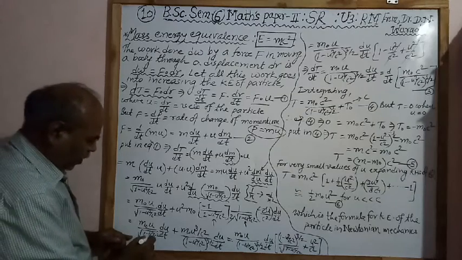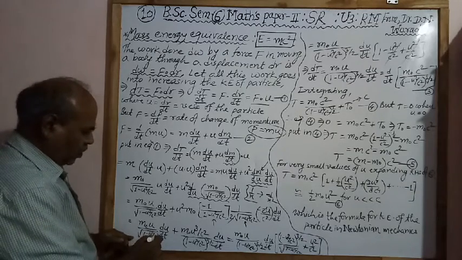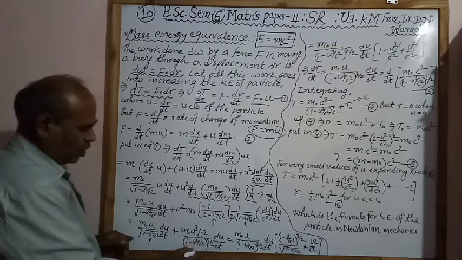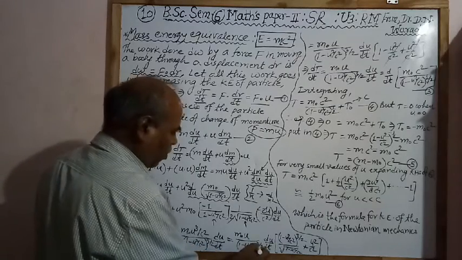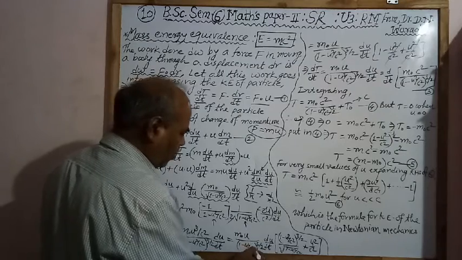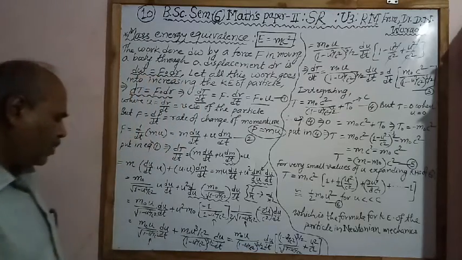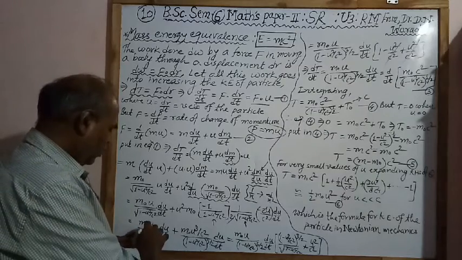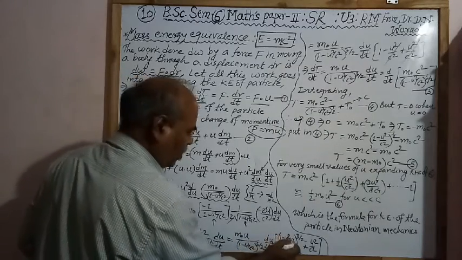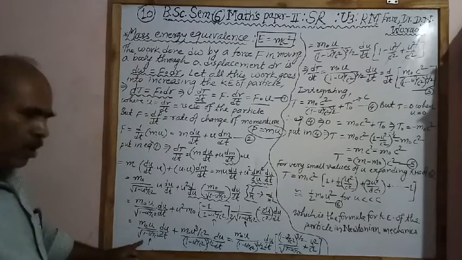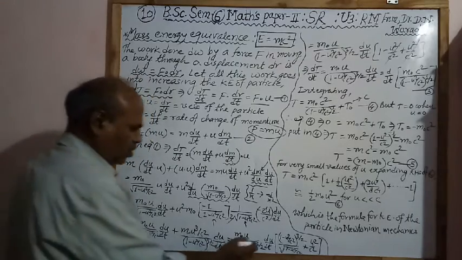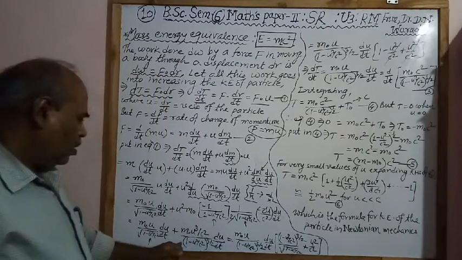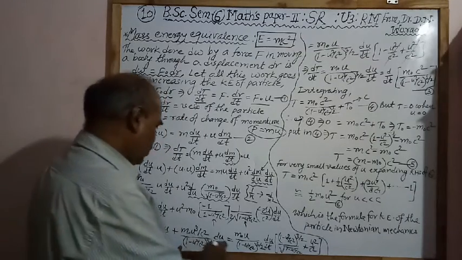The first term, the bracket, this will get 1 minus u square by c square to the power 1 by 2. Here bracket to the power 3 by 2. Therefore, we take the highest power common, 1 minus u square by c square to the power 3 by 2 common. Therefore, inside the bracket, in the numerator of this first term, we have 1 minus u square by c square to the power 3 by 2 divided by this root as it is, root of 1 minus u square by c square, plus, in place of second term, we have u square by c square.